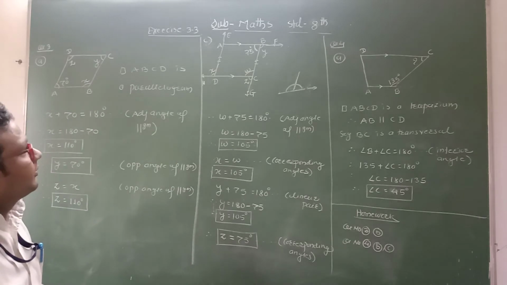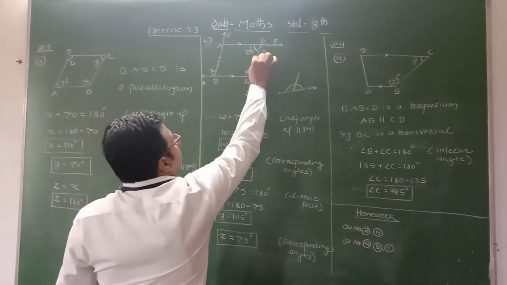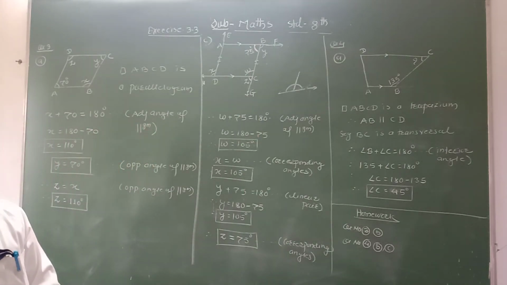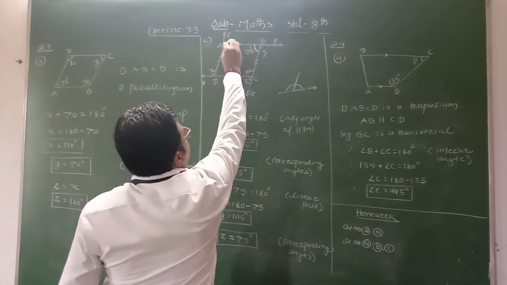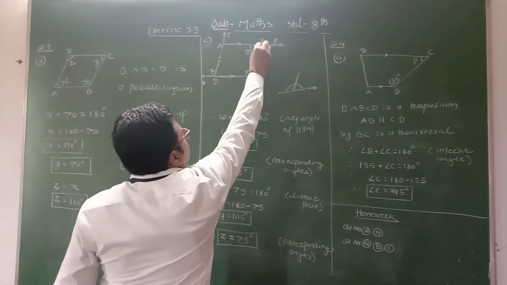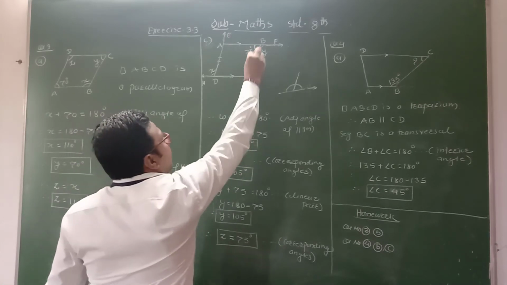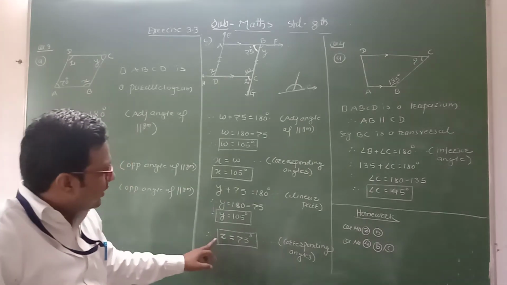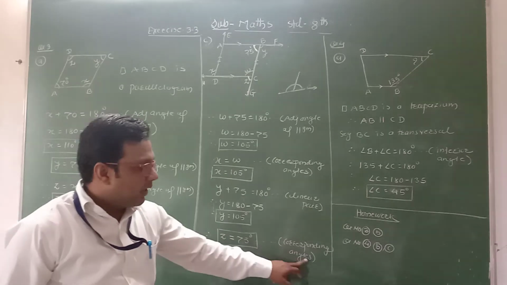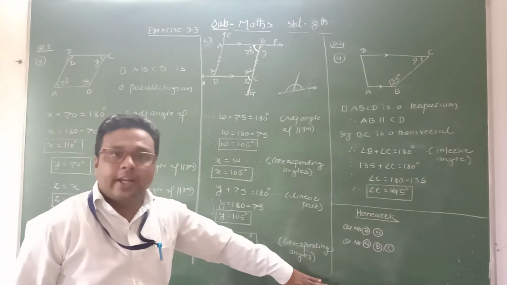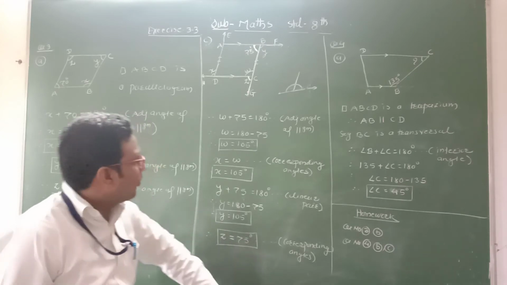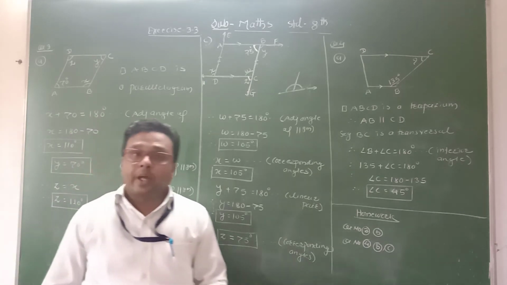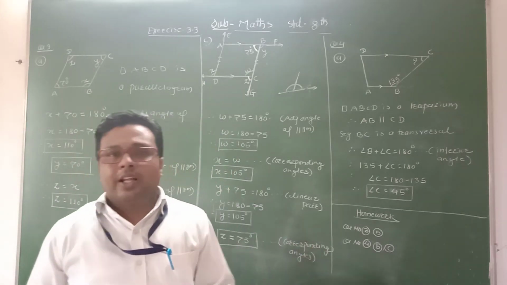Then what about the Z? Now see, angle Z and angle 75. Again these two angles form a corresponding angle pair. If you take AF is the parallel line, this line is parallel, then this line is parallel, and this is the transversal. Then these two angles are what? Corresponding angles formed by the parallel lines, and which are equal. Therefore Z is equal to 75, here I write corresponding angle property. Okay students, I hope you understand how to find the value of X, Y, Z in this question, using the properties of the parallelogram or the angles formed by the parallel lines and their transversal.